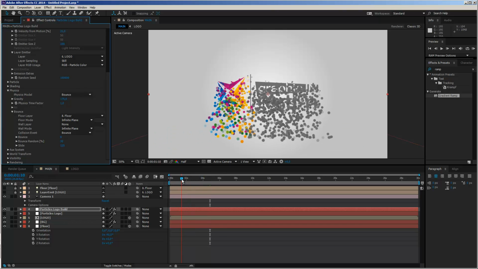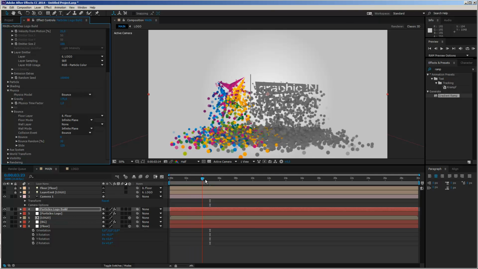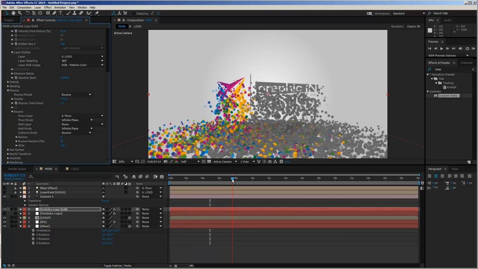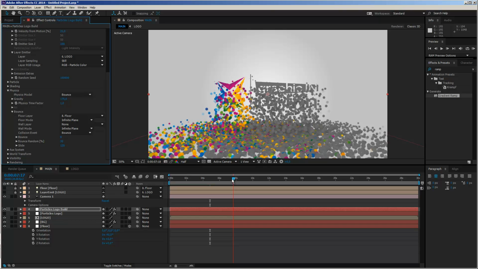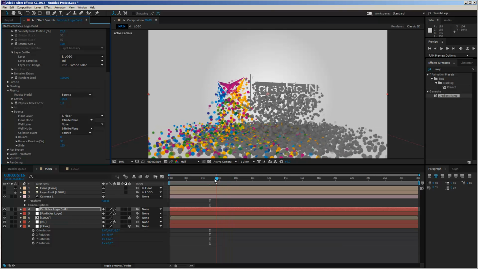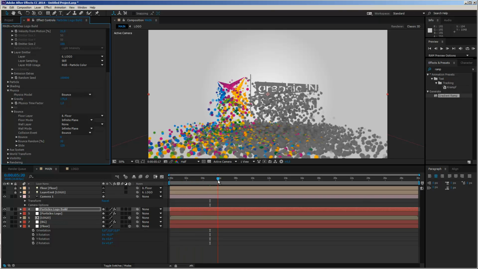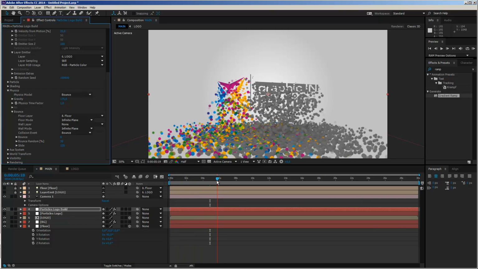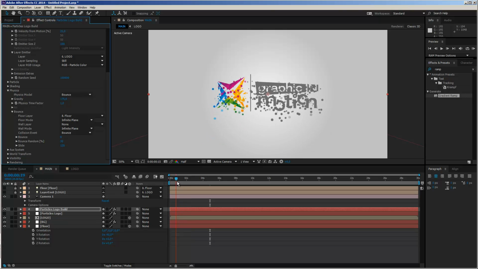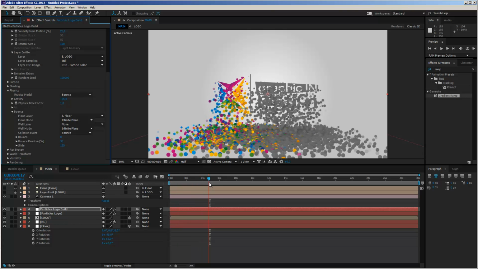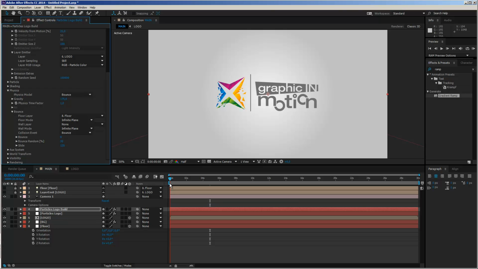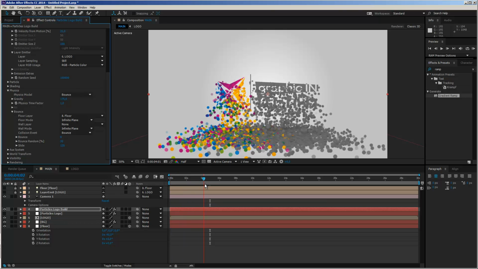And if you take a look now they are hitting the floor and they are sliding away. And this is what we want, because this will be our animation that we will reverse afterwards. So you see now they are building up. Okay, so let's see. How long should this part of our animation be? Actually, I think that it should be around 4 to 5 seconds.